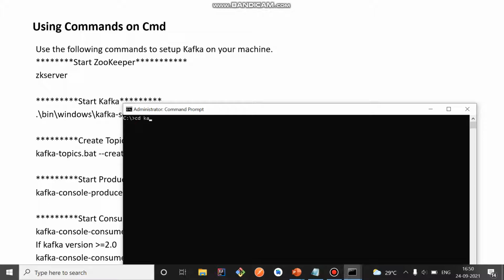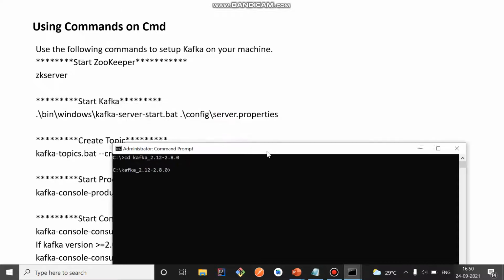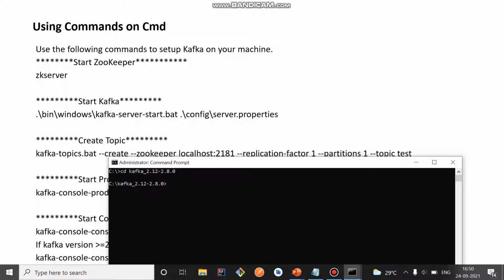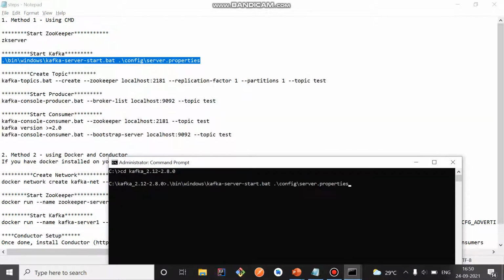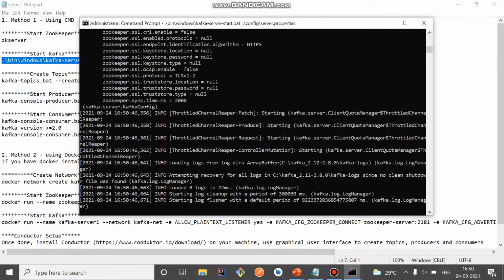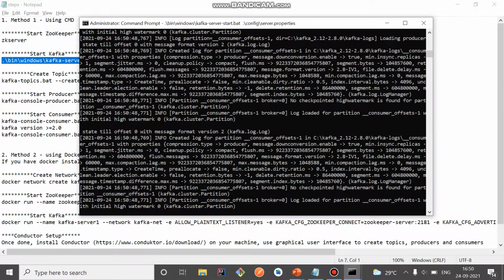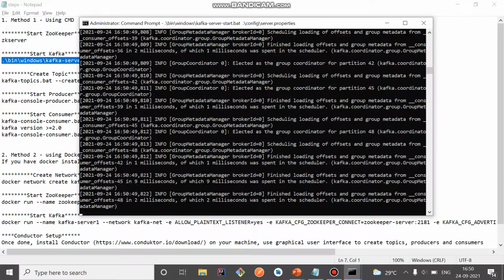I'll go to this location where my Kafka is installed, and we need to execute this command, right? I already have this written over here. You can see here my Kafka server has started.